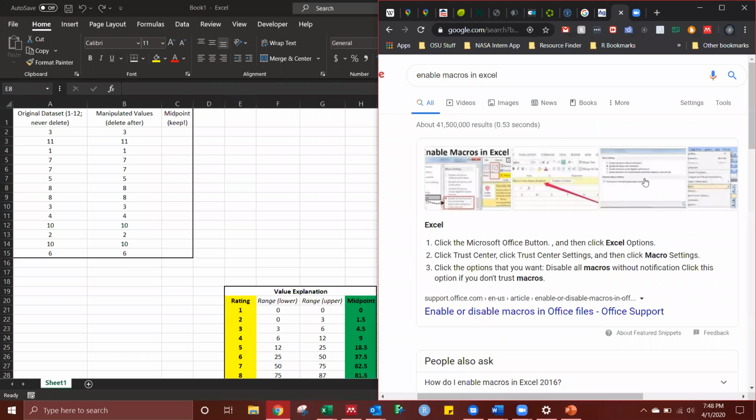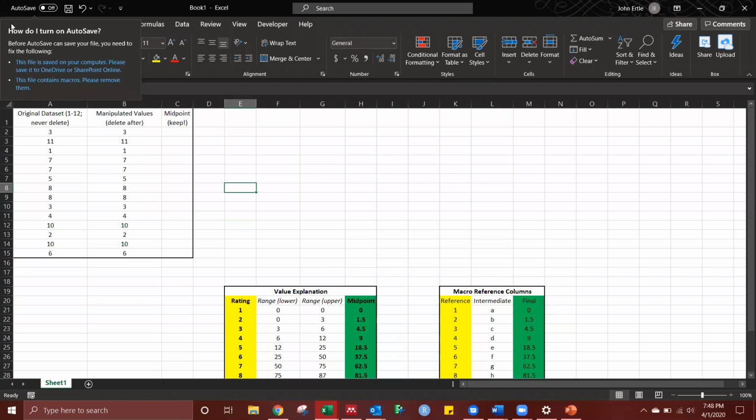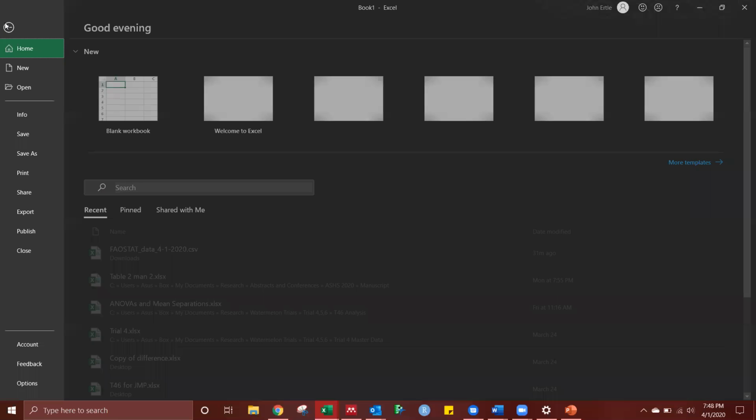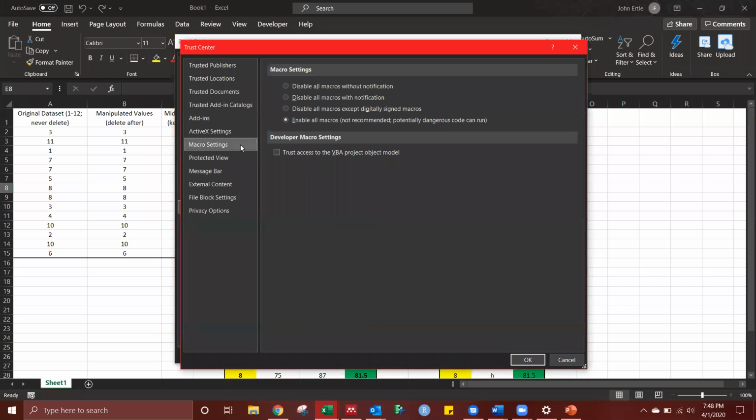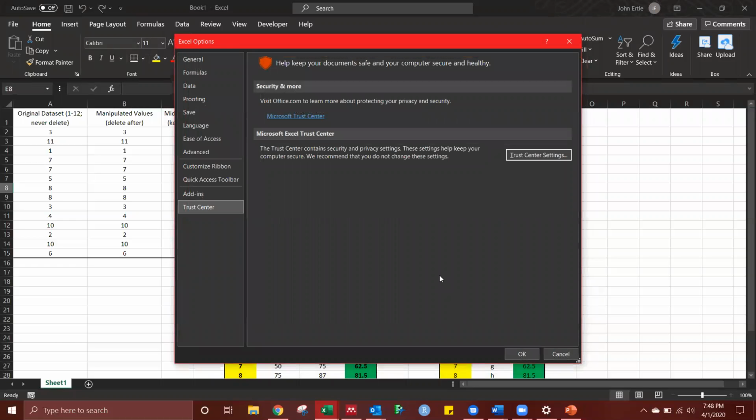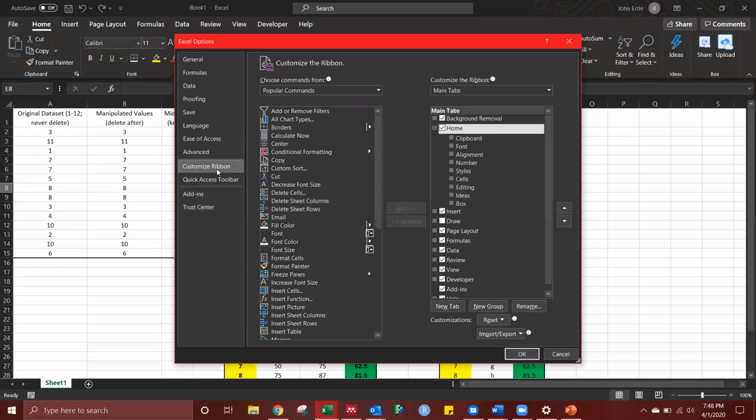Now, to enable macros, you can Google how to do so, but I'll just show you really quick. You go to File, Options, Trust Center Settings, Macro Settings. The default is Disable All Macros. You can use any of these three other options, and I just go for Enable All Macros. It'll only run dangerous code if you input dangerous code, so don't worry about that. Now that that's done, I need to customize my ribbon. This developer tab is not usually included, so you want to go ahead and add it in here